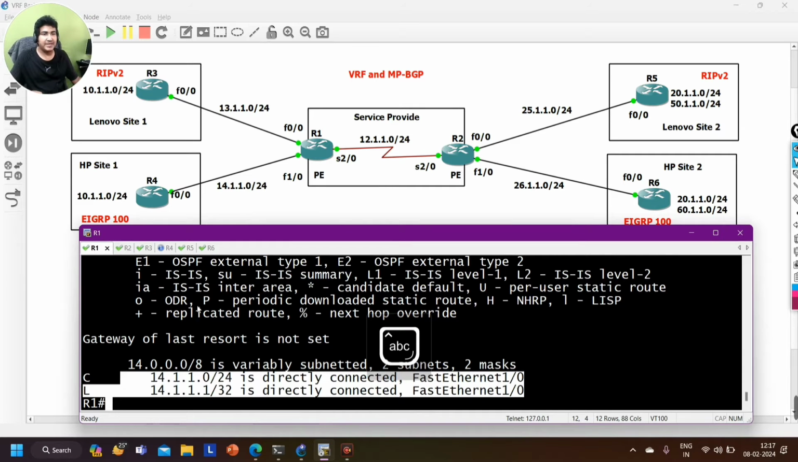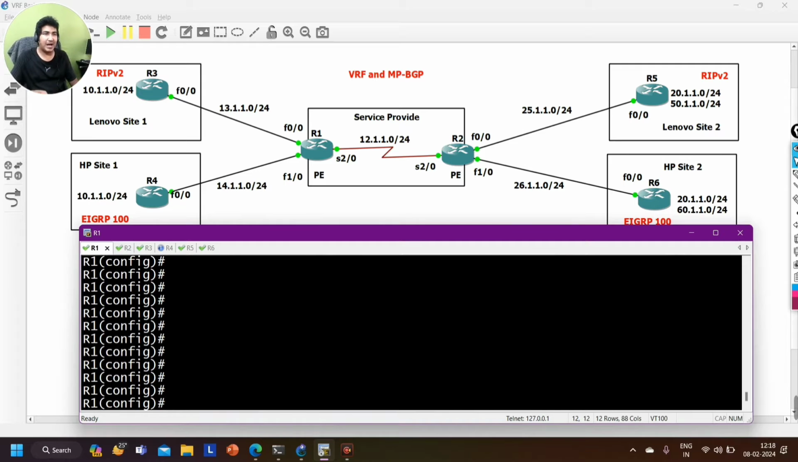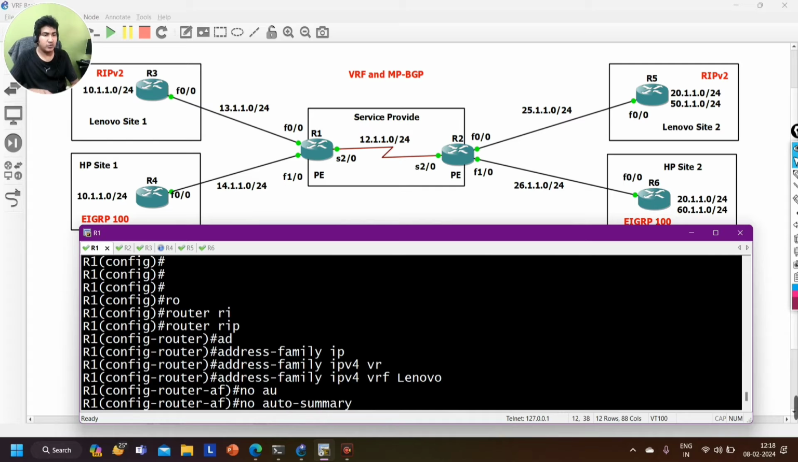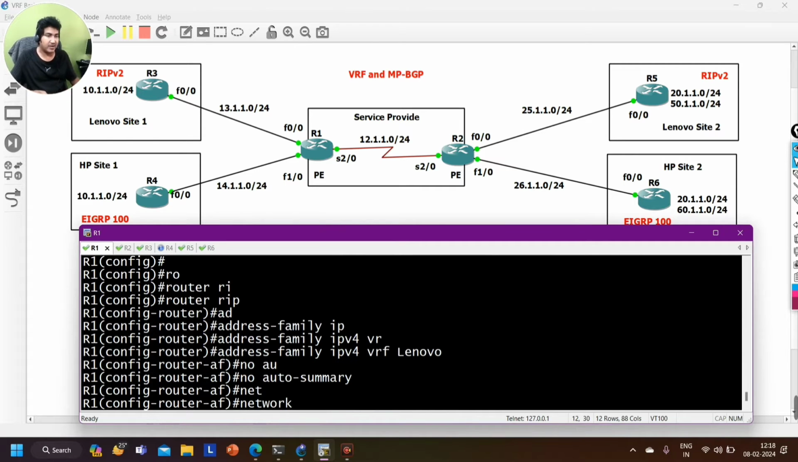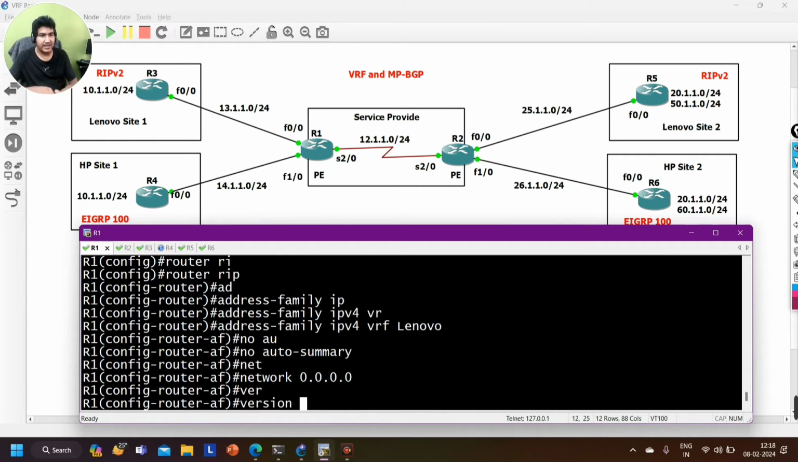Fine. Now guys, let me take you to R1 again, and let me configure a dynamic routing protocol like RIP version 2 between R1 and R3. So router RIP, address family IPv4, then VRF, and for which VRF? Lenovo. And then I am going to say no auto summary here, and then I am going to define the network command. So either I can run network 13.1.1.0, or I can say 0.0.0.0. Let me advertise all interfaces of VRF Lenovo under RIP